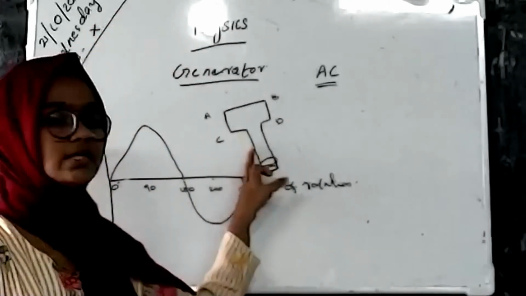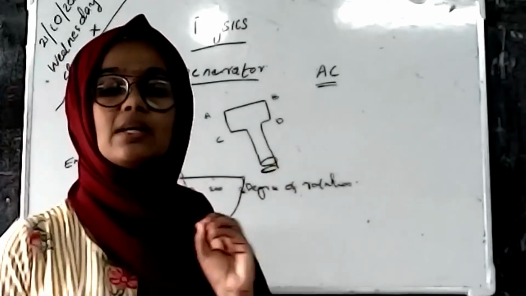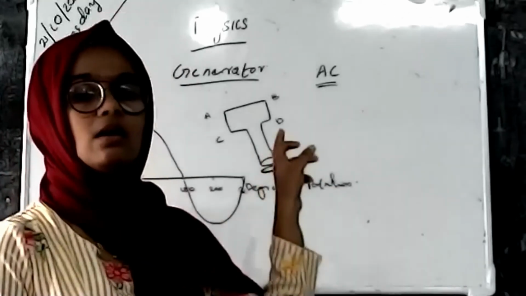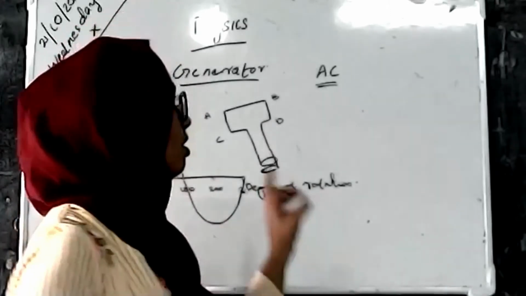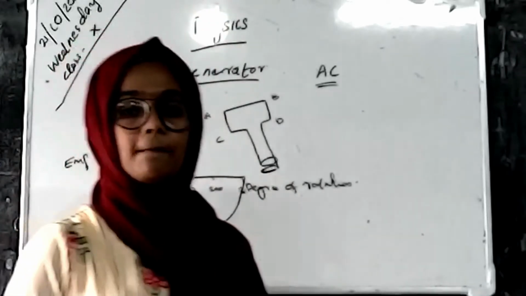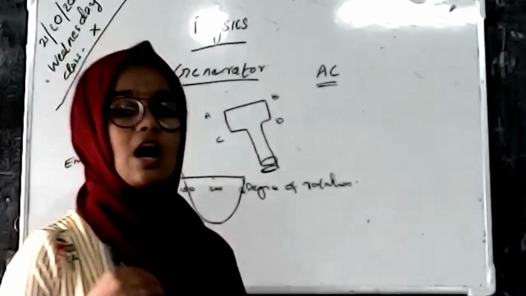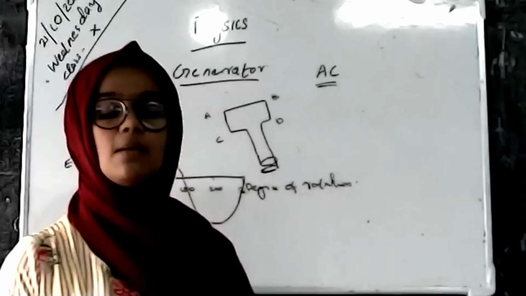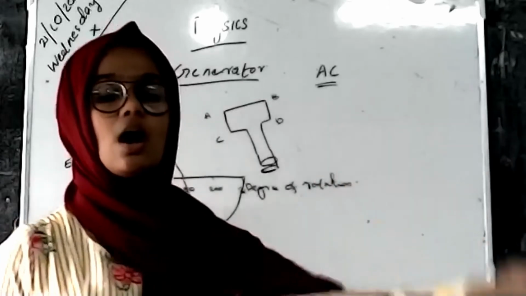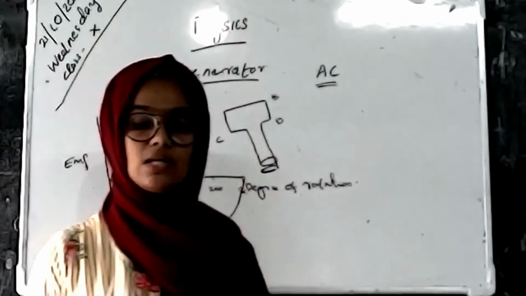When the armature coil is working, the two slip rings change the direction of the current. The rotating slip rings are changing the direction of the current. So when the rotation of the armature coil makes electricity, or induced EMF, the direction of that induced EMF in each half is changed because of the slip rings. And we get that electrical energy to the outer circuit that is connected to the brushes. So this is the working of an AC generator.